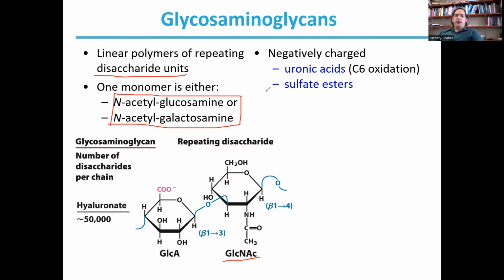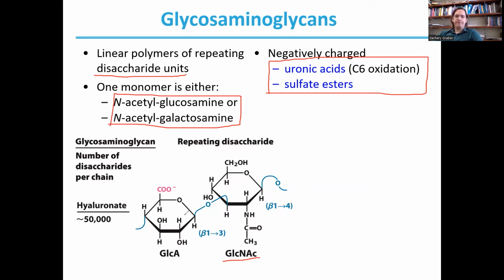The other key component of our glycosaminoglycans is some form of negatively charged sugar. This could be an oxidized uronic acid sugar, or it could be a modified sulfate ester sugar. Again, this is just different ways of introducing negative charge in order to make our sugar better able to interact with proteins that might have positive charges, right? So those sort of charge-charge interactions are some of our stronger intermolecular interactions. So it's helpful to have charge groups on our molecules that we want to be interacting with a lot of